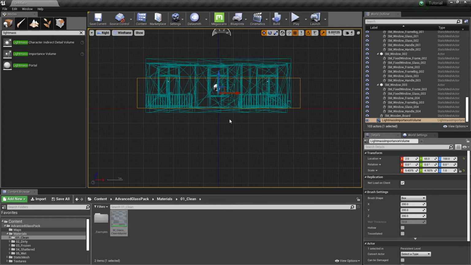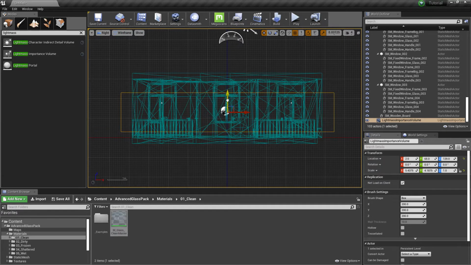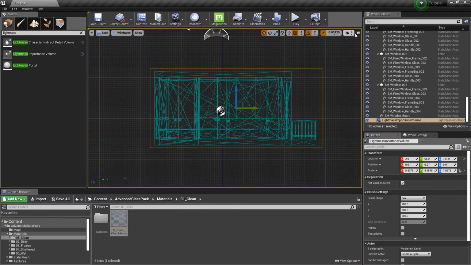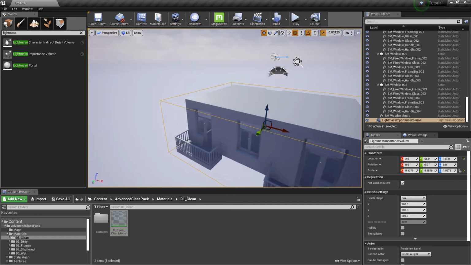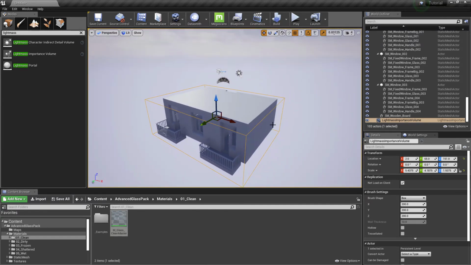Look from every angle so you do it right. The function of this volume is to concentrate better quality indirect lighting inside it, while the area outside the volume gets only 1 bounce of indirect lighting.